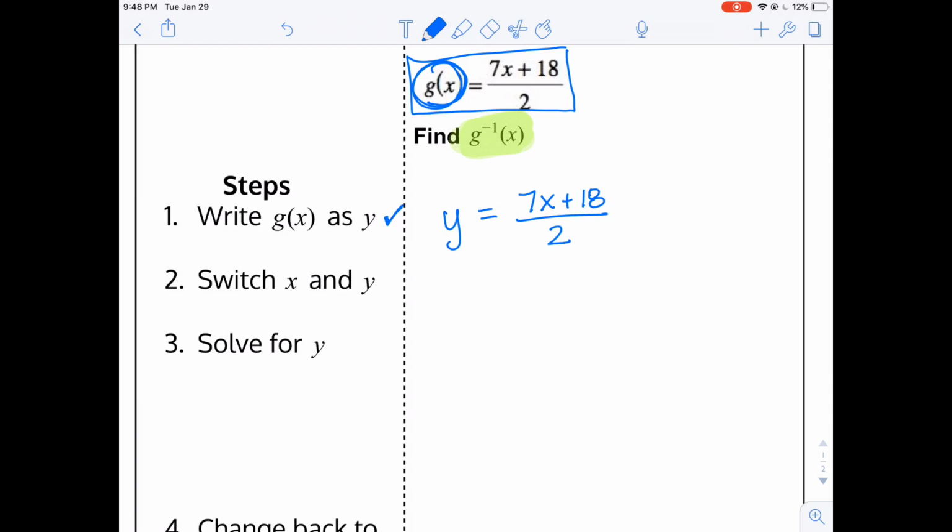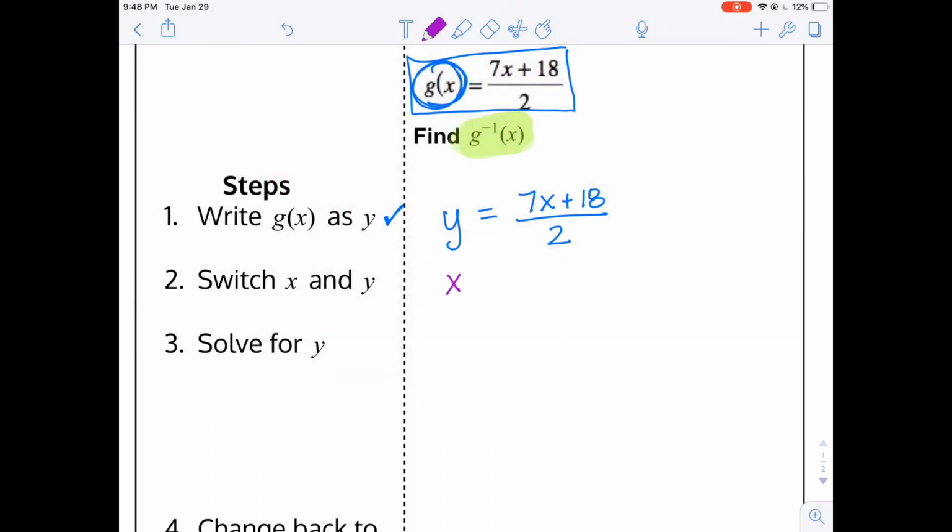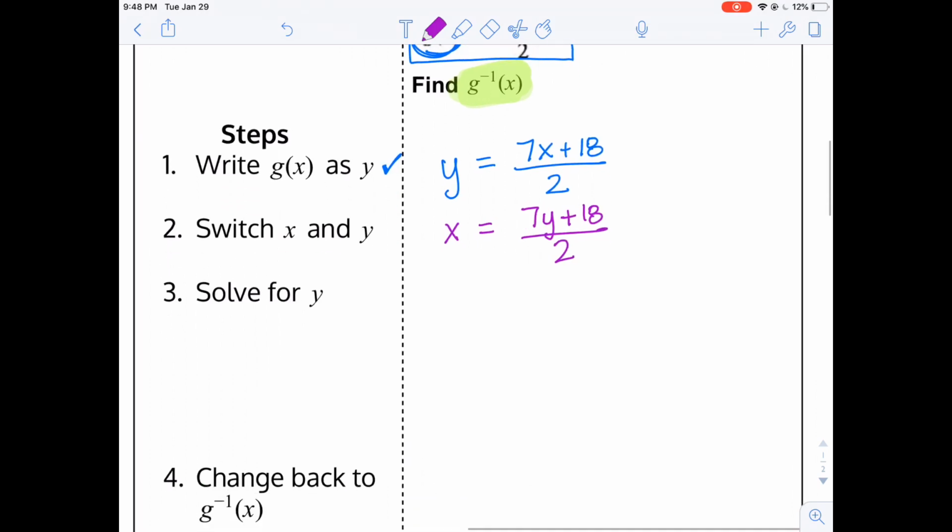And then the second step is to switch x and y. That's because they're opposites of each other, right? So if I switch x and y, I'll have an opposite graph. So I'm going to switch my y into an x: x equals (7y plus 18) over 2. So I'm switching x and y here. My third step